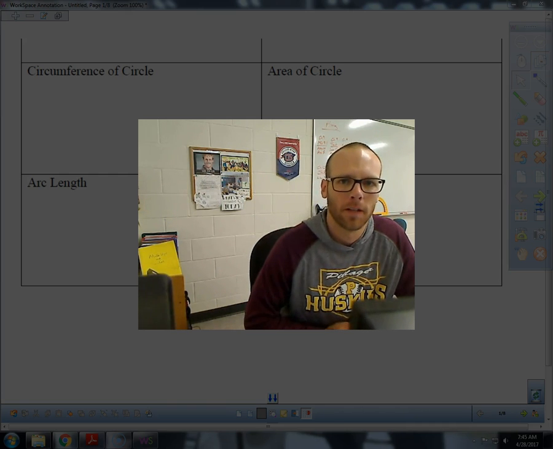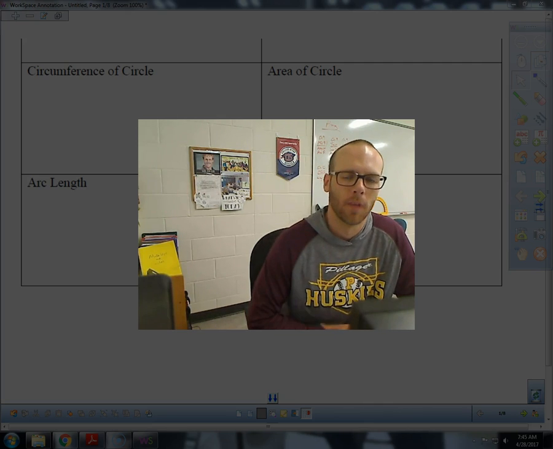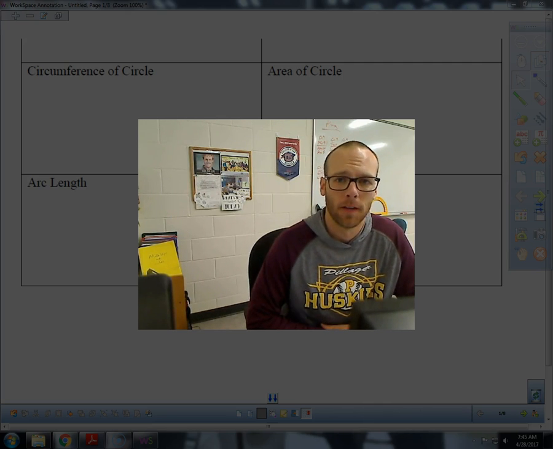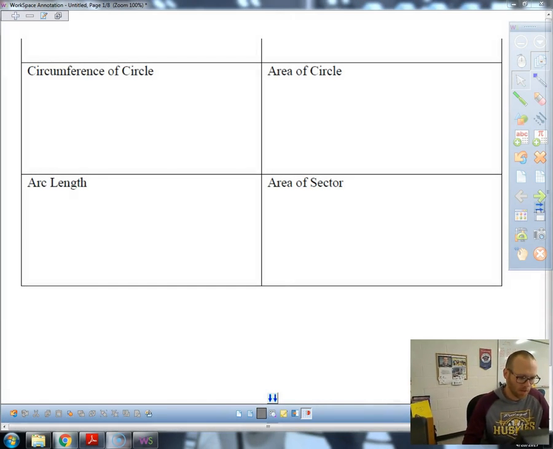Hi everybody. Today in geometry we're going to start looking at the area of a circle. So we've just studied how to find the circumference of a circle and how to find arc length. Today we're going to start looking at areas dealing with circles. Let's do a quick review here